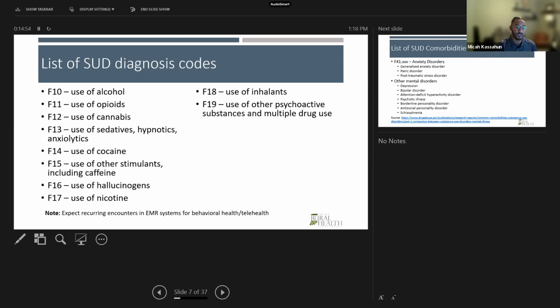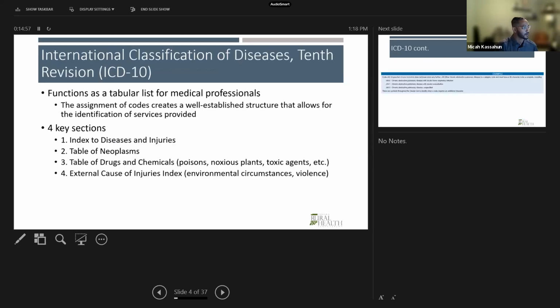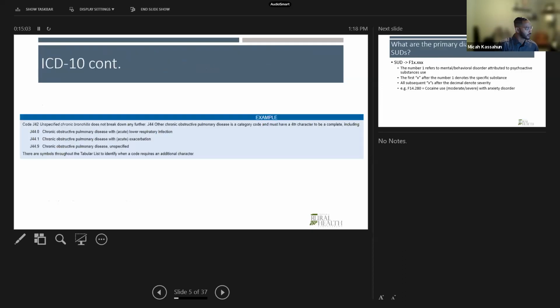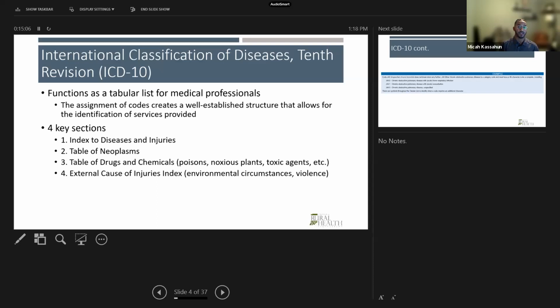And so that could also be going back here. I think I had it here. Yeah, going back, depending on what the chemical makeup of the drug is, it may be found and classified within the table of drugs and chemicals. So that would be the poisons, noxious plants, toxic agents. And so that would probably be linked, and there a code could go back. It's not saying specifically cocaine. It could be, what if someone was mixing, say, rat poison with heroin or different things like that.